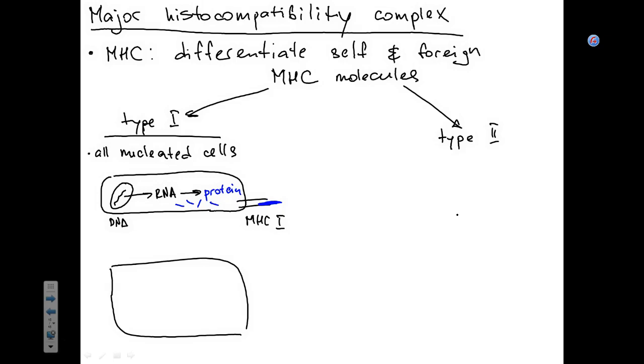Now, let's figure out how it does it. It doesn't just present the flag. Let's see how this flag goes there. It still has a nucleus, but we're not focusing on the nucleus. So you have a pathogen here. And when a pathogen replicates, is protein synthesis involved? Sure. And those proteins are inevitably going to be broken in pieces. So there are going to be fragments of those proteins. And those fragments,